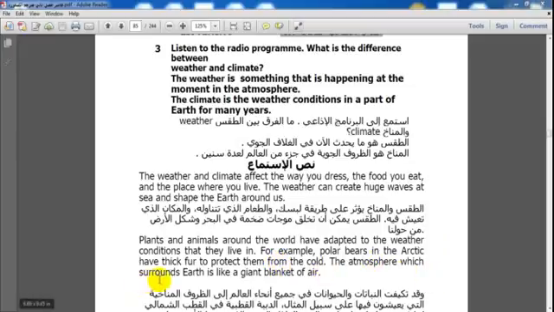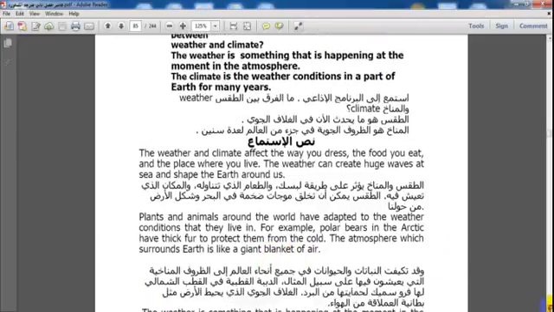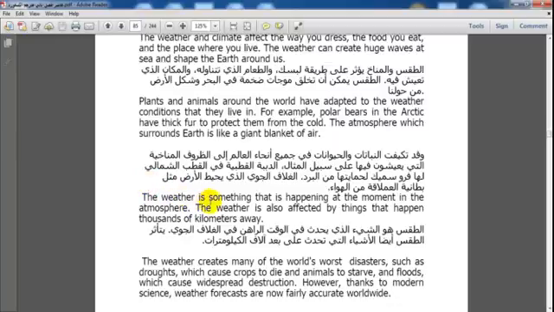The atmosphere which surrounds Earth is like a giant blanket of air. The weather is something that is happening at the moment in the atmosphere. The weather is also affected by things that happen thousands of kilometers away. The weather creates many of the world's worst disasters, such as droughts, which cause crops to die and animals to starve, and floods, which cause widespread destruction. However, thanks to modern science, weather forecasts are now fairly accurate while